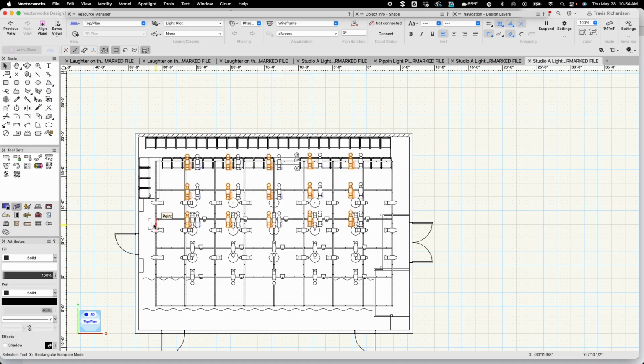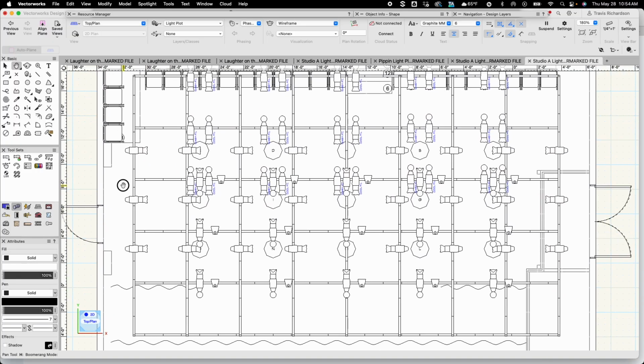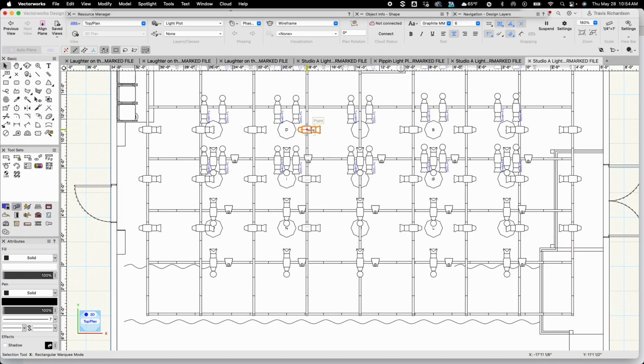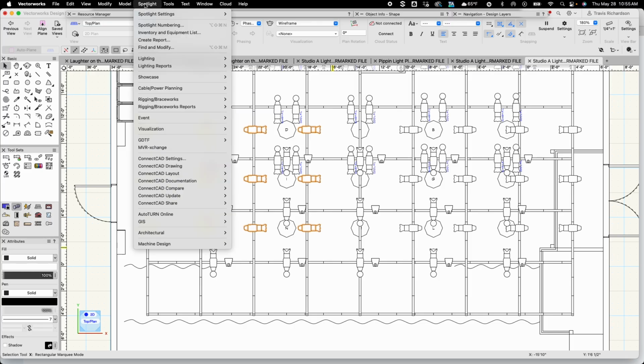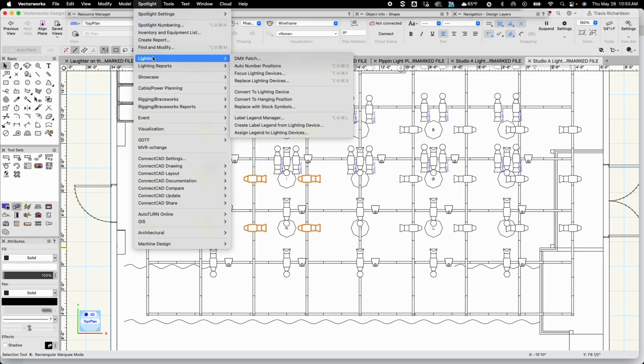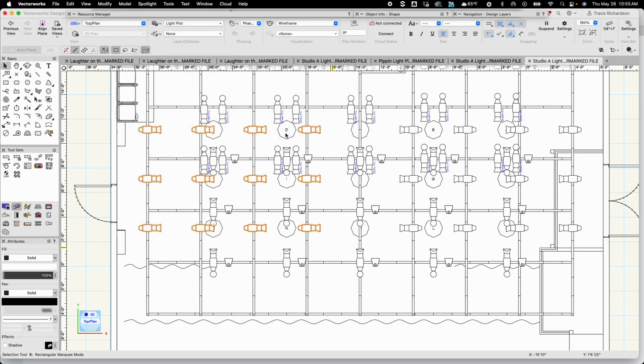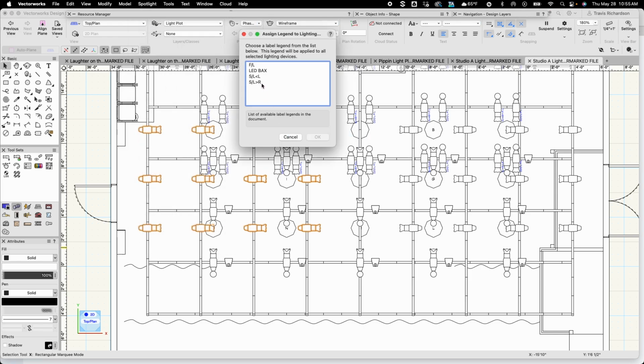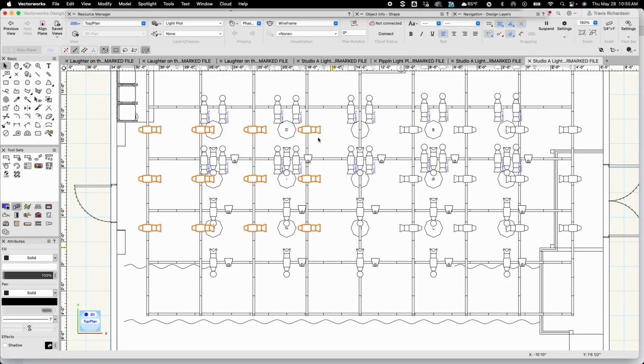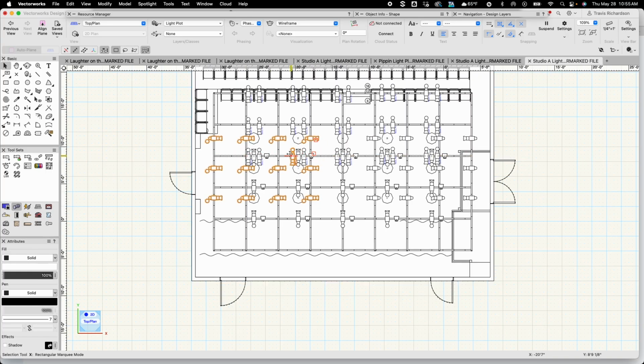Next, I'm going to go ahead and do my side lights from right, which are these fixtures here. So we'll select all 12 of those. And I need to assign that legend to them. So again, I'm going to come up to Spotlight, Lighting, Assign Legend to Lighting Devices, and this is going to be my side light from right, which I don't think is actually correct. Let's see what happens. Yep, that is the correct symbol, even though that's actually coming from the stage left, so